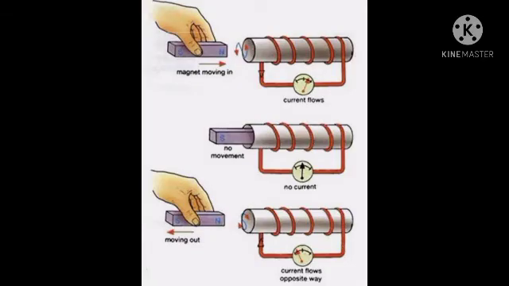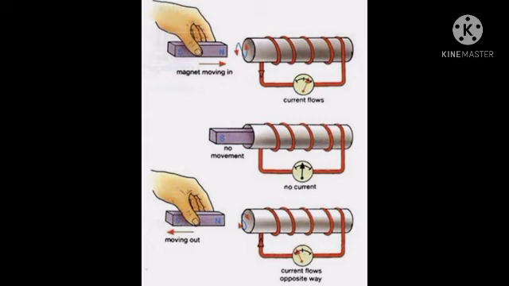Now what you have to do is you have to fix a powerful bar magnet to a stand and then fix an iron bar at a short distance below the magnet. Now take some iron filings near the iron bar. Now what will you see, students? What you will see is that some of the iron filings will stick to the iron bar. Now what you have to do is after some time take the magnet away.